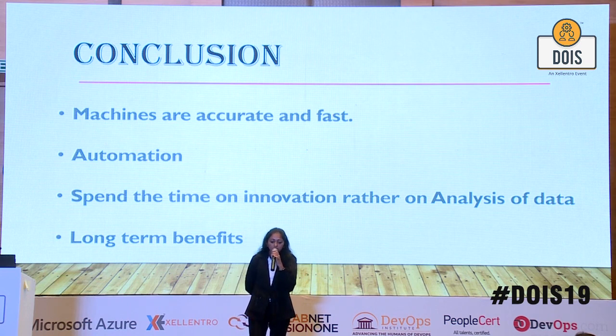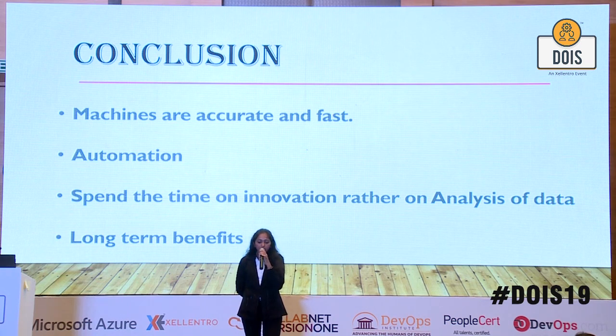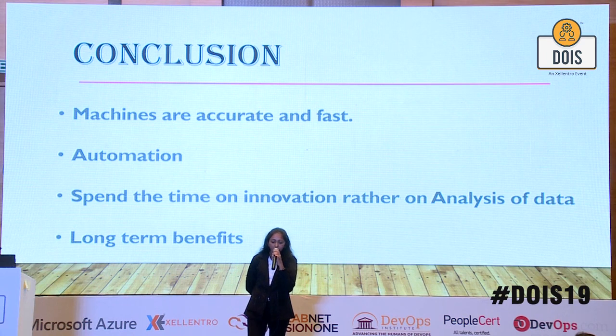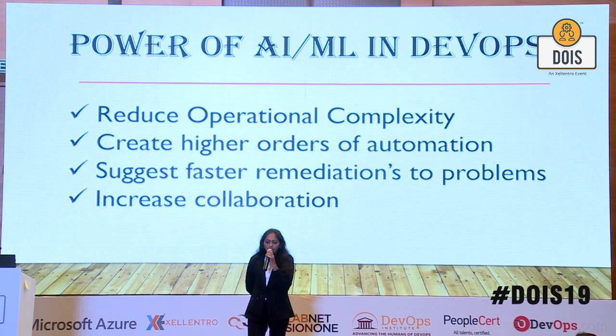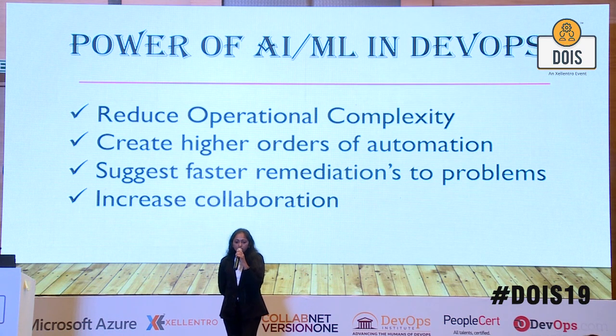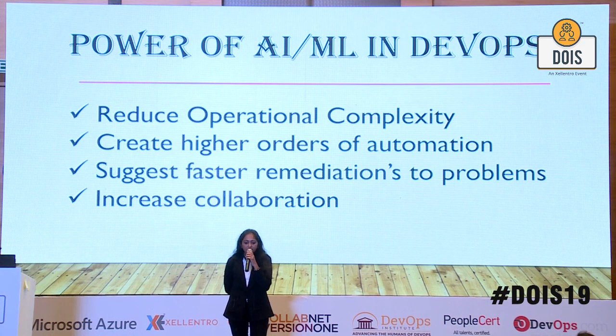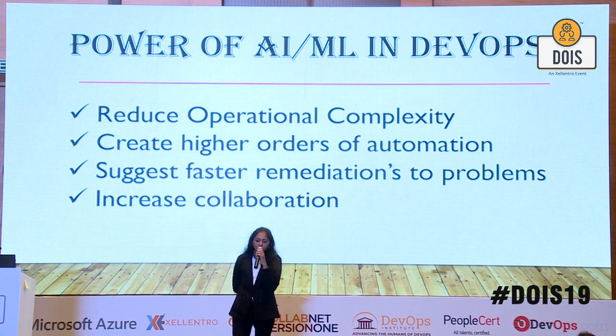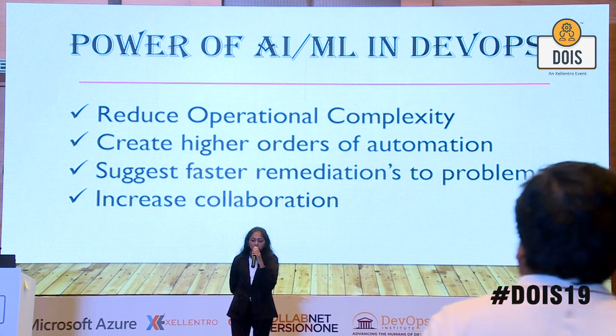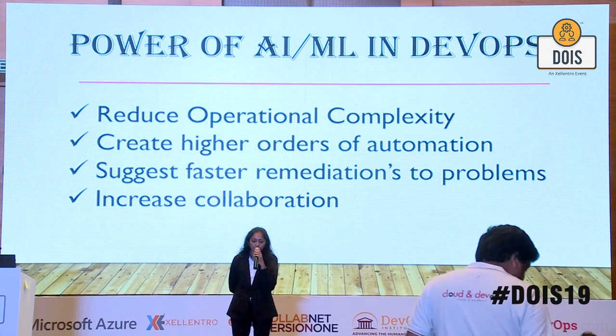And definitely you're going to earn long-term benefits by deploying AI and ML onto your data, on the revenue and cost that is involved, you're going to get a huge profit. So if there's one thing I would want you to remember, the power of AI and ML is primarily that it breaks the silo between the DevOps tools generate. In order to reduce the operational complexity, create higher orders of automation, suggest faster remediations to problems, and increase collaboration,